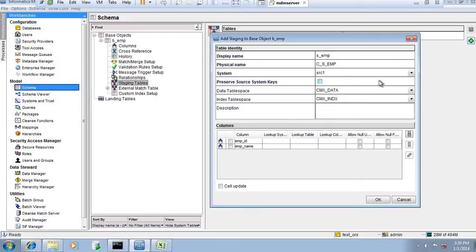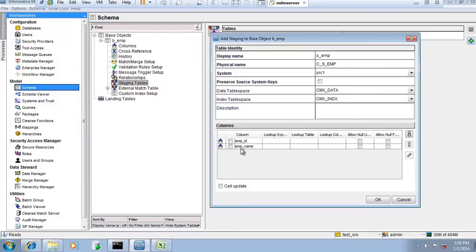And always you will have one base object for that. So we have defined a base object. Now we are trying to define a staging table. So we have given the name that will be default, and you should know that a staging table is a subset of base object. Suppose we are defining 20 columns in base object. Once we create a staging table, we will see that all the 20 columns are reflecting. Why are these 20 columns reflecting? We need to understand.